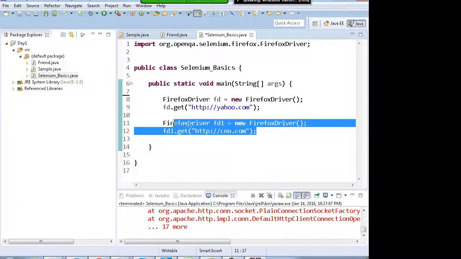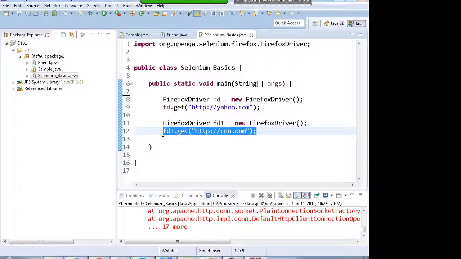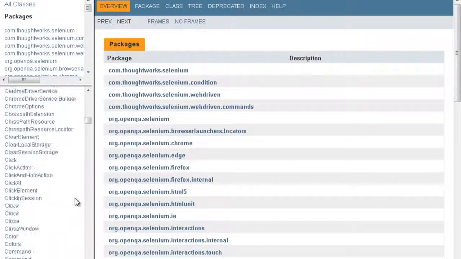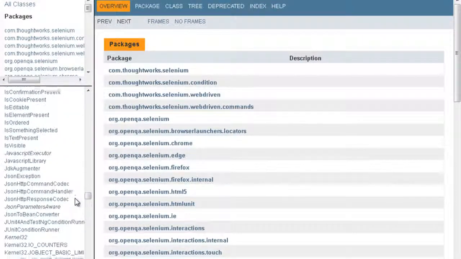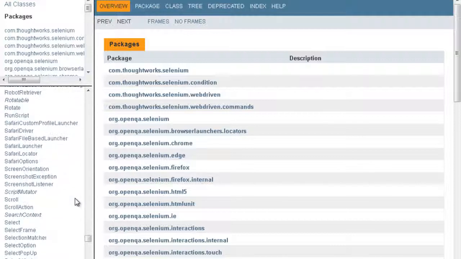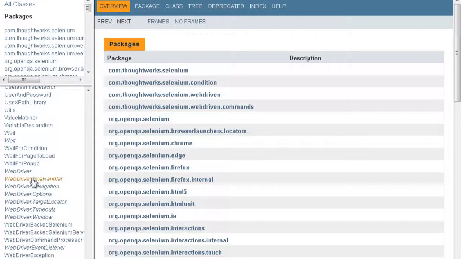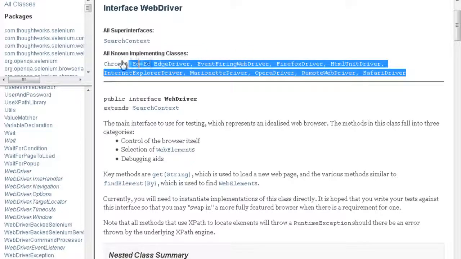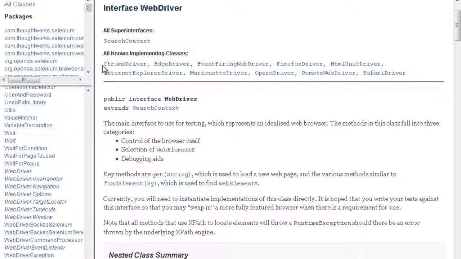Similarly there are drivers for Chrome, IE, Firefox, Edge, Safari. If I show you the documentation, you can ping me after the class, Abhishek, I'll show you. These are the various drivers. As the name suggests, Chrome driver is for Chrome browser, Edge is for Edge. Not a very stable driver right now. Edge driver has got issues.